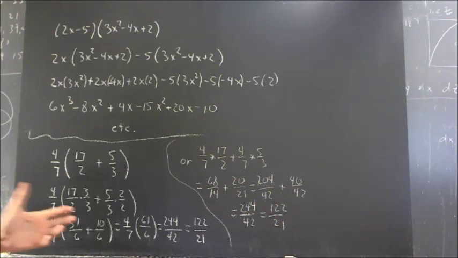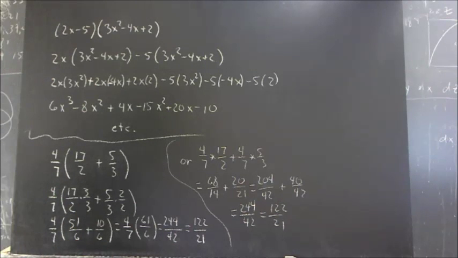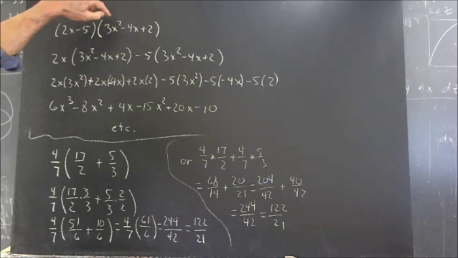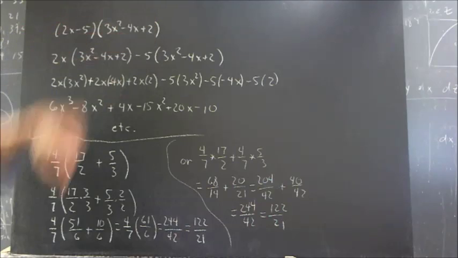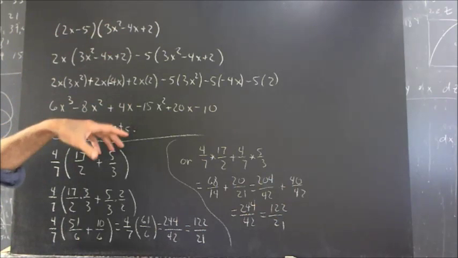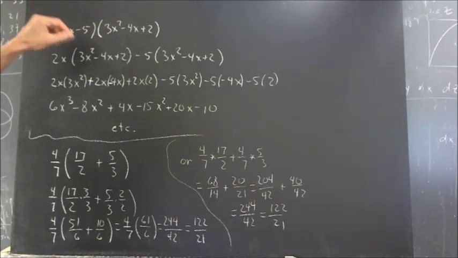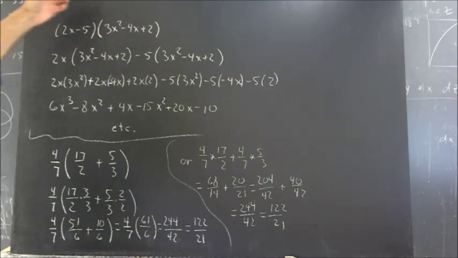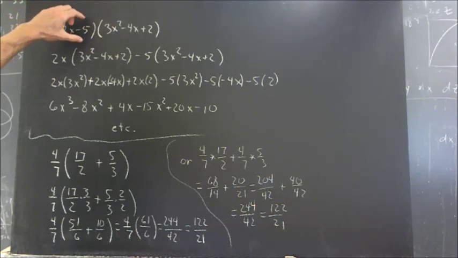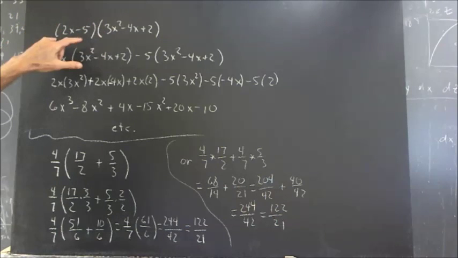Okay, now we talk about the distributive law. We multiply 2x minus 5 by 3x squared minus 4x plus 2. Multiplication distributes over addition, and subtraction is just addition of a negative. So 2x minus 5 can be multiplied by, well, we can distribute the